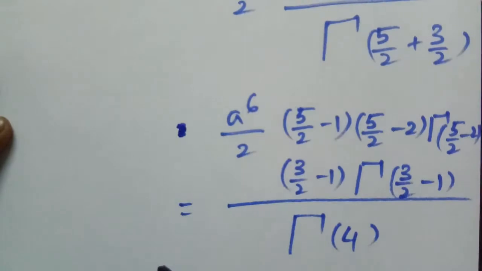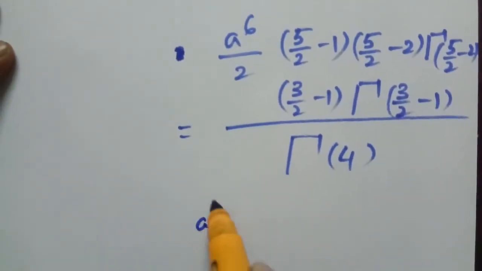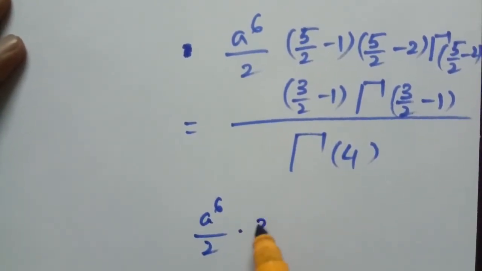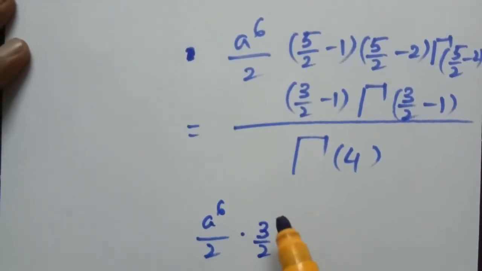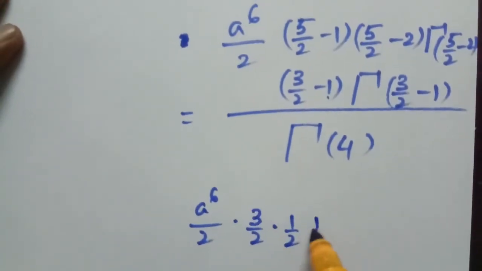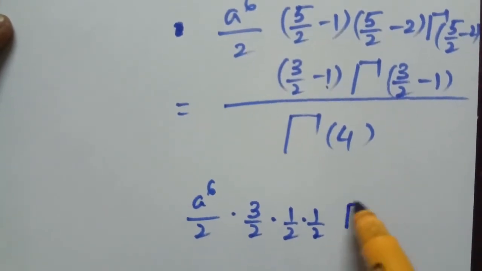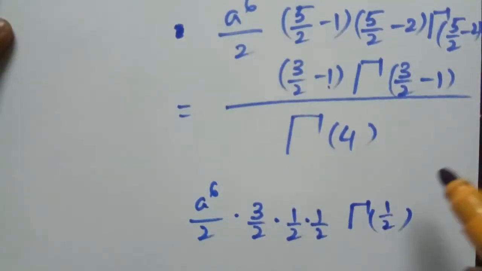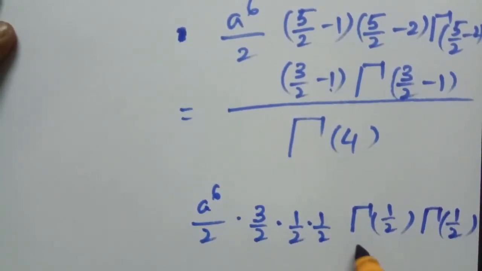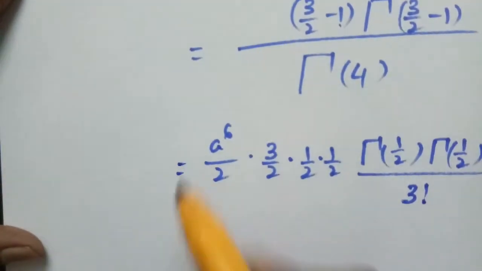Therefore, this is equal to a to the power of 6 by 2 into 5 by 2 minus 1, that is 3 by 2, 5 by 2 minus 2, that is 1 by 2, into 3 by 2 minus 1, that is 1 by 2, into gamma 5 by 2 minus 2, that is gamma 1 by 2, into gamma 3 by 2 minus 1, gamma 1 by 2, by gamma 4, that is 3 factorial, that is equal to,